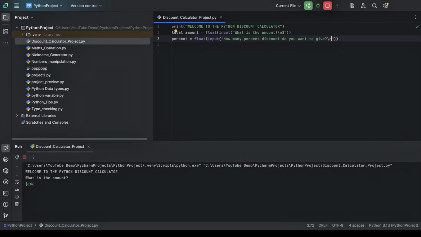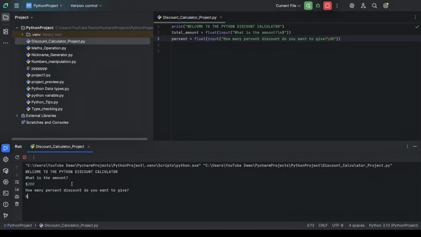And this way, it will make the user enter the input on a new paragraph. And we can just easily put the percentage sign to make the percentage sign start the new paragraph. So when we run this code, you can see it is asking us to enter an amount by saying what is the total amount. So when I enter an amount, let's say I enter 200 and I click on enter,